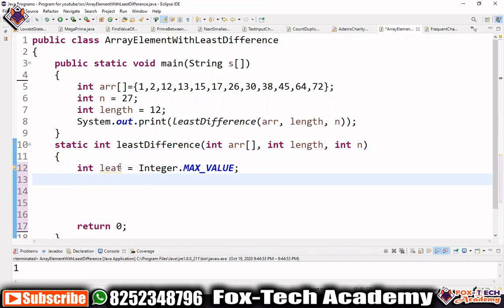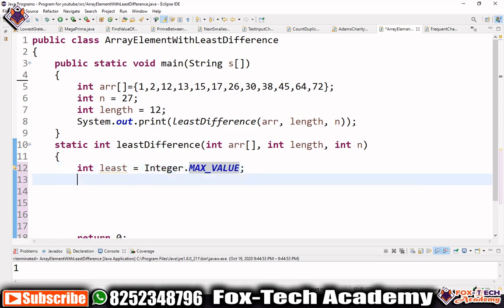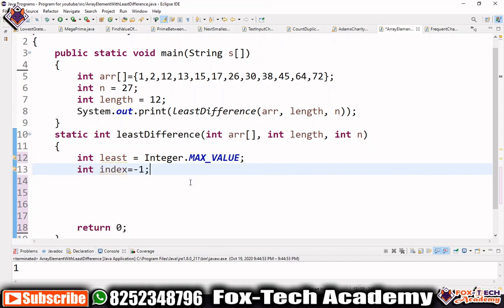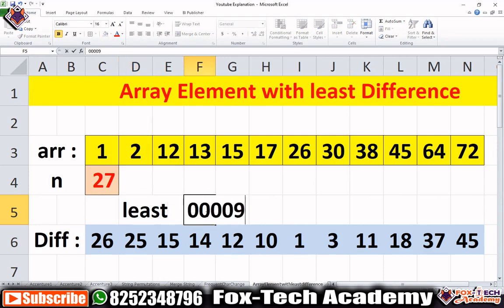So we create one variable with the highest value so that we can check the list element, and we will create one variable like index. In the beginning we will put 0 so that we also take the index of that value. Suppose we have one list variable, and in this variable we have a high value, anything, suppose 9999.